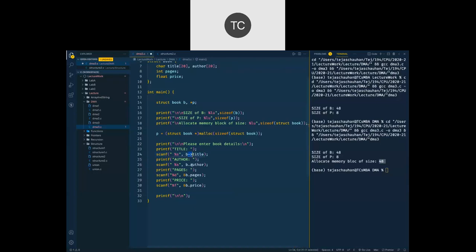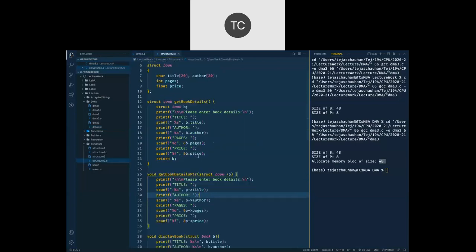What you have to do here is use the arrow operator like this, and the variable is going to be P. So P points to title, P points to author, P points to pages, P points to price. That's how we can have those data.